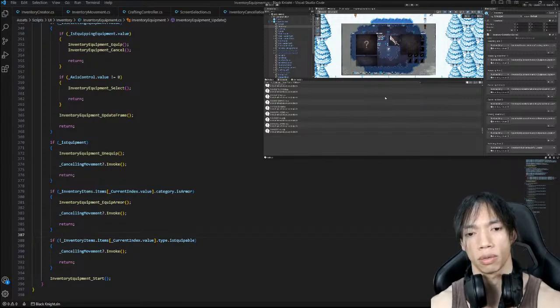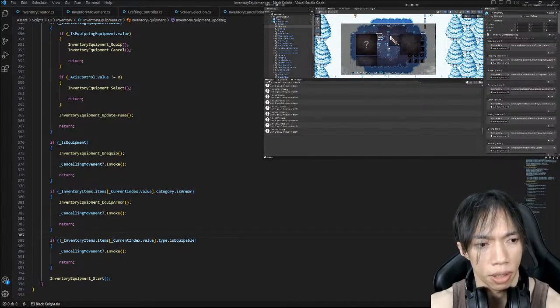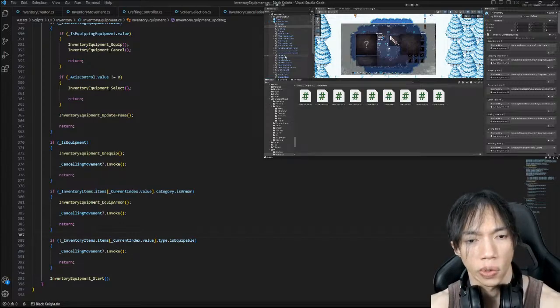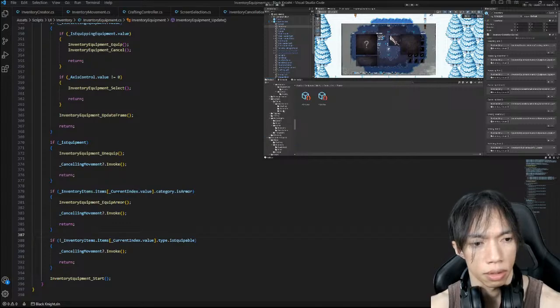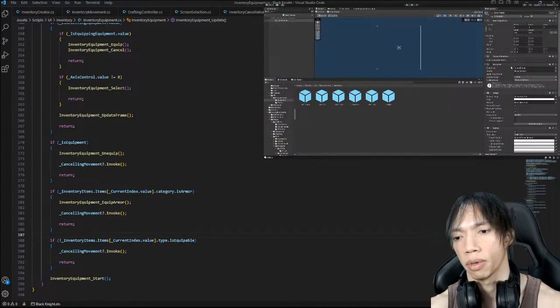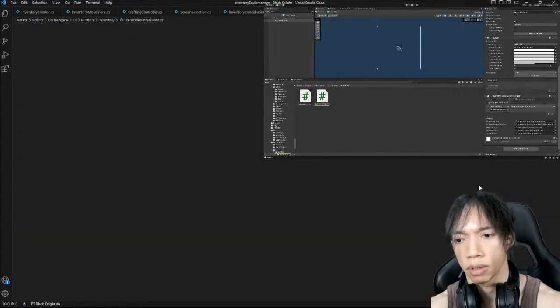Okay, waiting to compile that. Alright, now let's open the item frame. Item frame, and then in the code here,